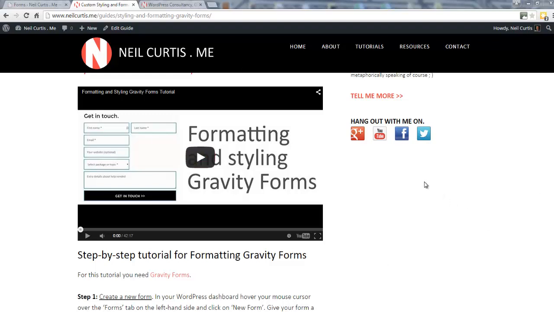I have this tutorial about styling Gravity Forms and it's gone down quite well, but I got a comment saying that someone has put the Honeypot anti-spam option on their Gravity Form, which is an option in Gravity Forms, but when they do this, this field actually shows up and it's not hidden. And the whole point of this Honeypot field is it's a hidden field, so us normal people can't see it